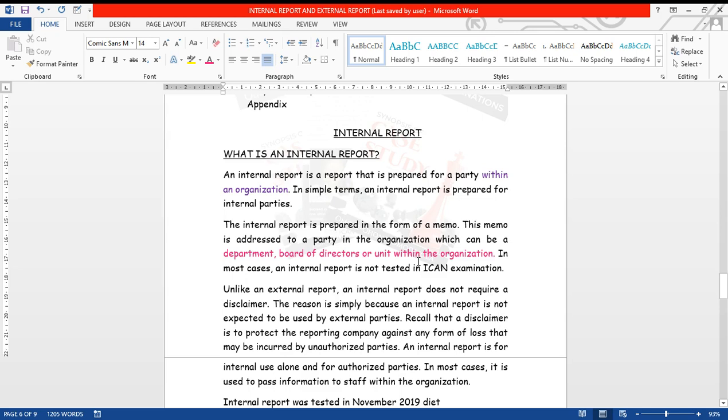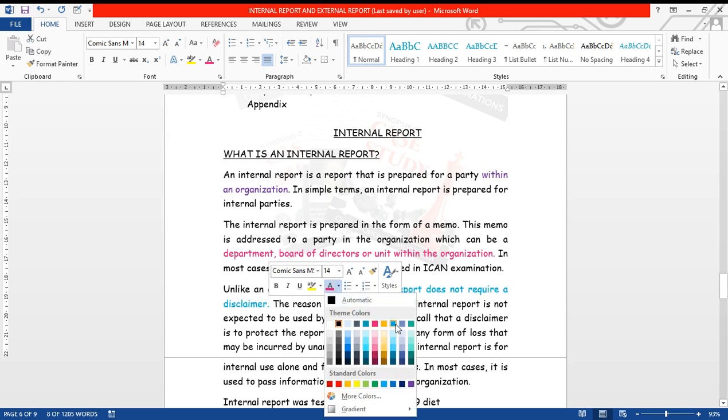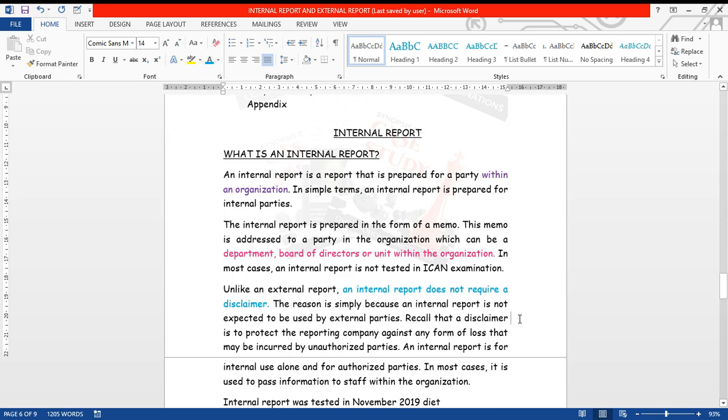So unlike an external report, an internal report does not require a disclaimer. You don't need a disclaimer because, like I said earlier, when we used the example of Mr. Ali Mohammed and Ali Chartered Accountant ABC Limited, I'm now preparing a report for somebody inside the organization. So definitely,